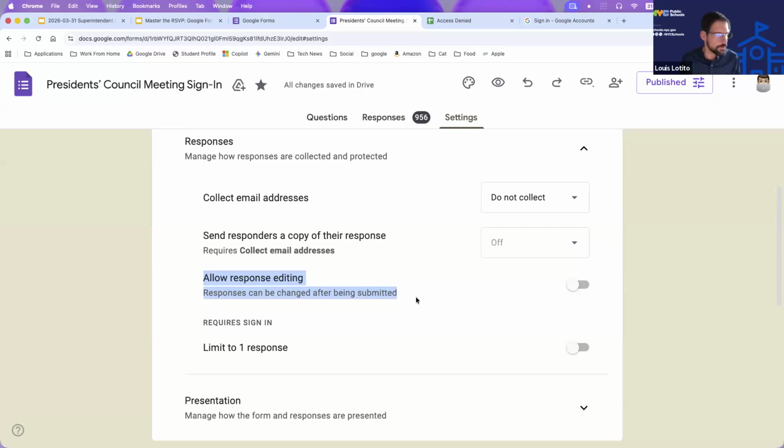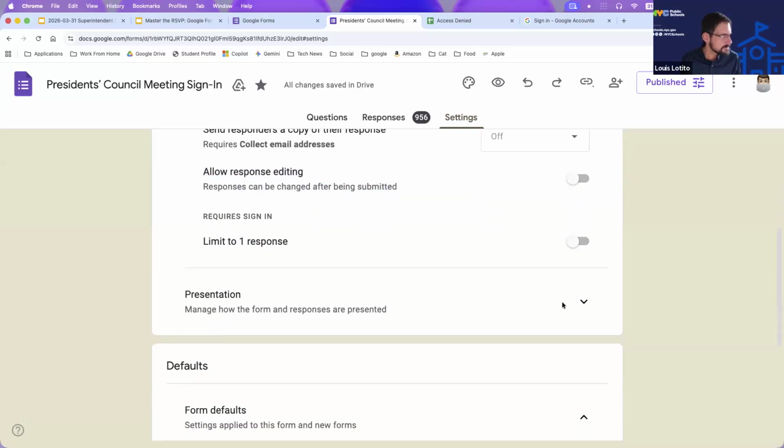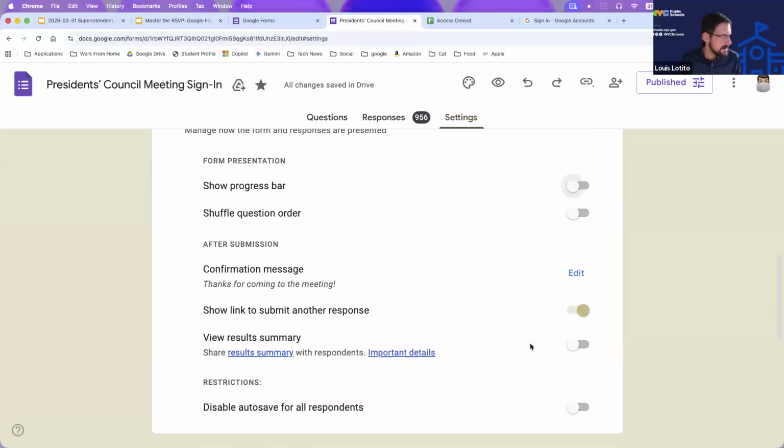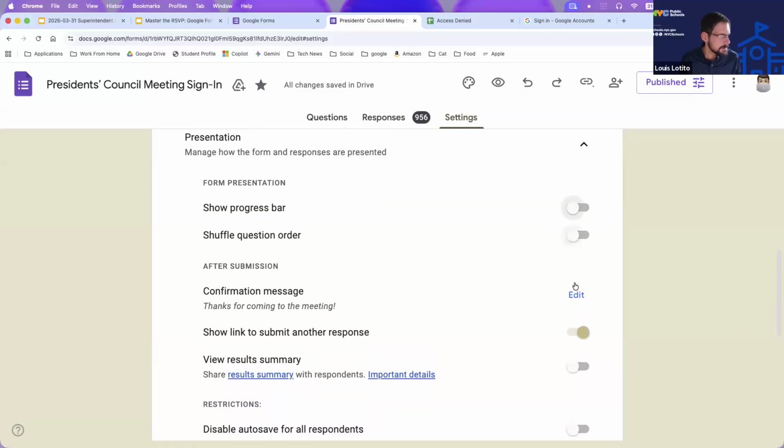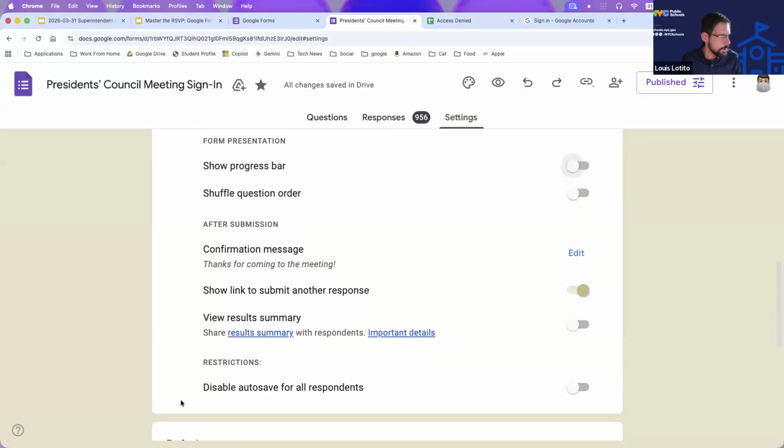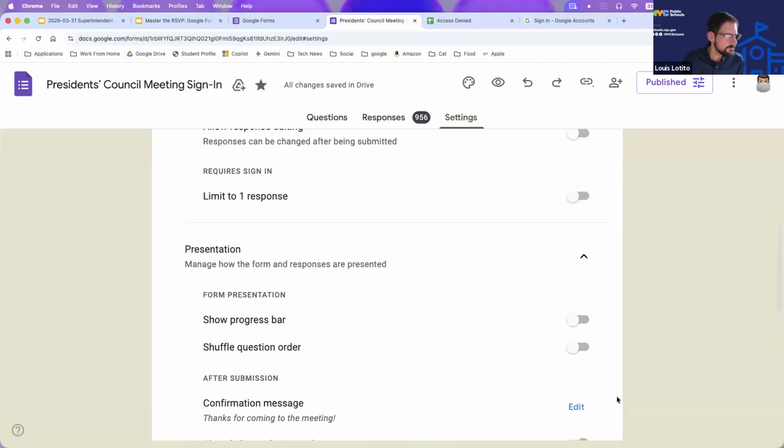This requires them to have a Google account, so typically we keep that off. And then we have things such as autosave, which I talked about is handy for longer forms. I turned it off for this one. Since families are filling this out every month, I didn't want it to remember last time's responses, so I turned that feature off.